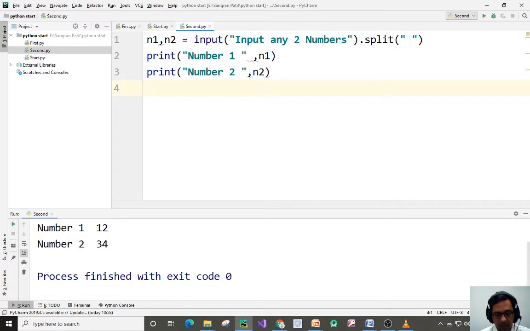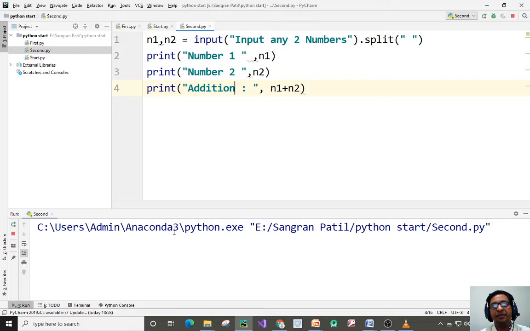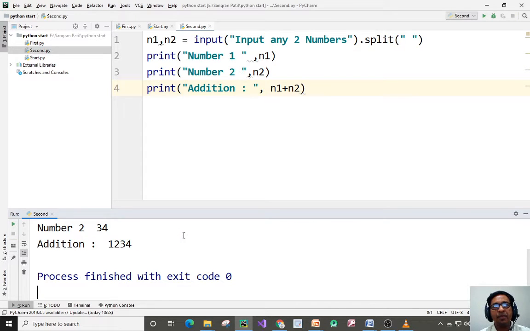Now if I try to print the addition, just like the previous example, there is no error, but no logical error either. If I give 12 blank space 34, it gives me 1234.